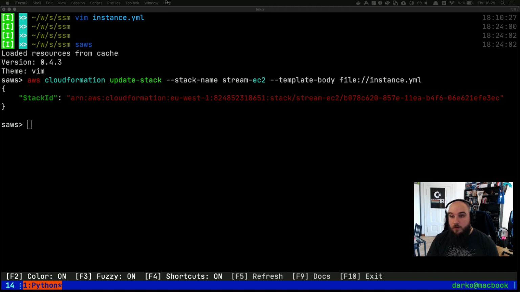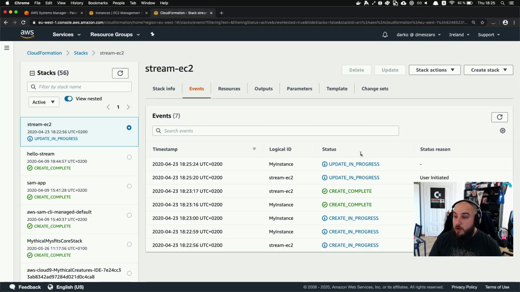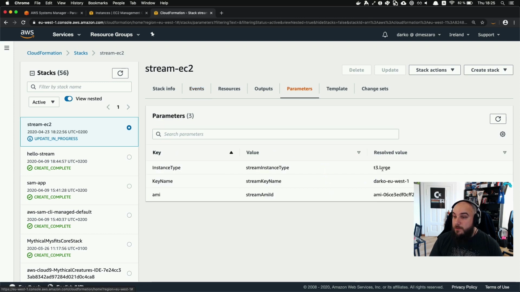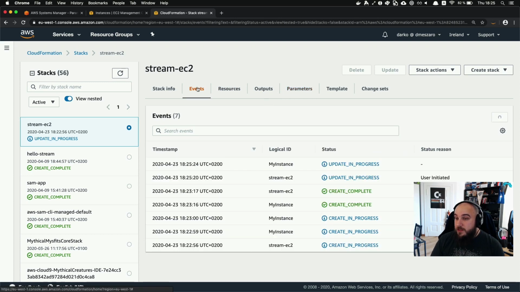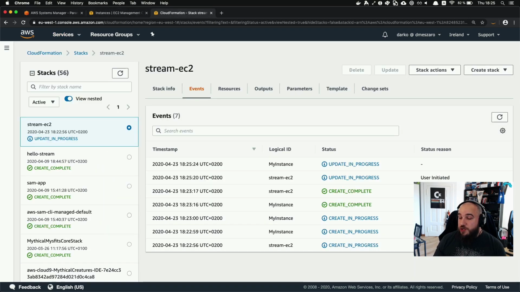So now if we go here, we will see that there's an update in progress. And there's a new parameter here, T3 large. So in this case, it will replace my EC2 instance with a different instance size. That's it. So it's a really neat way to maintain certain configuration aspects of your CloudFormation template within